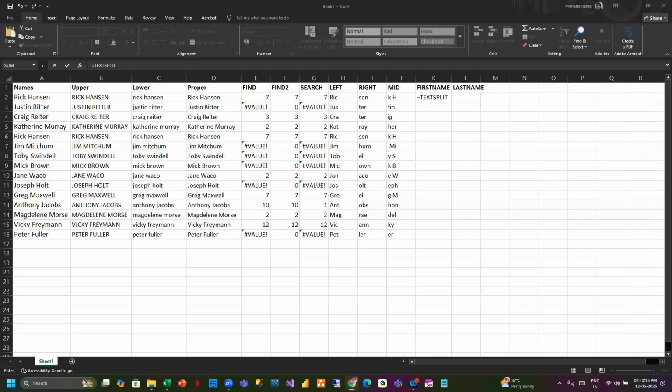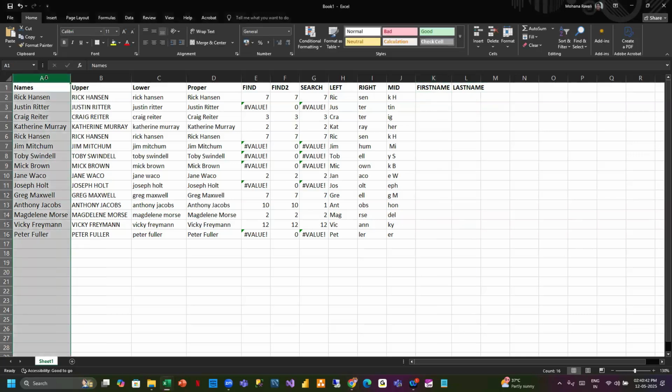Let's try any other function. Actually, that should work. I see that a few functions are not exactly working in all the Excels, right? Okay. Then what we will do is